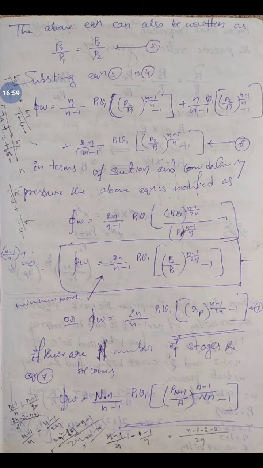So this is how we have found the minimum work required to compress the air for a multi-stage air compressor with perfect cooling, and also the optimum pressure ratio for the minimum power required. So that's about the multi-stage air compressor without clearance. Next we will continue with how to find the intermediate pressure ratios if there are more than 2 stages.